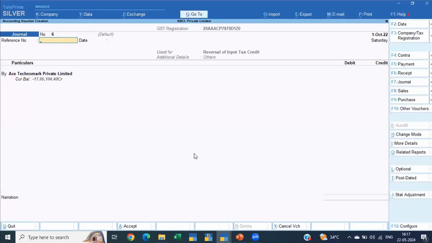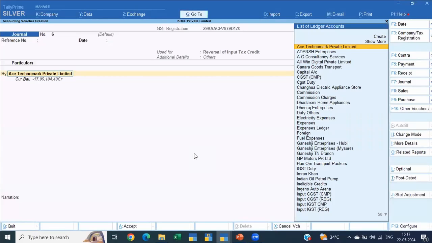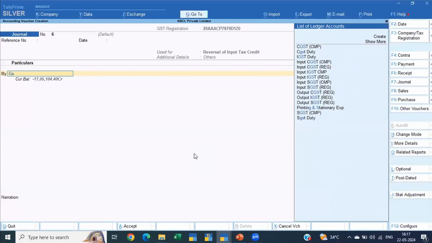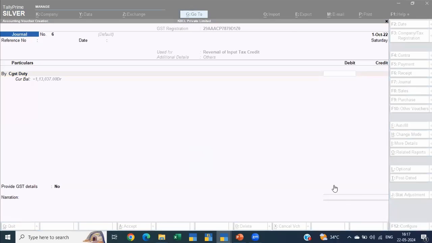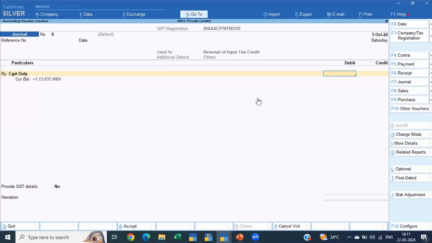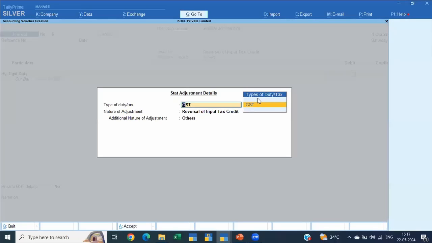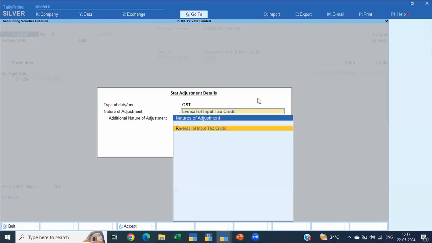Okay, there are others, and you can just create whatever reversal you want to do. So this is a GST statutory entry, and you'll be able to pass it. You can always go here. Statutory assessment, journal. Okay, so it's GST. Now, this is reversal of input tax credit.